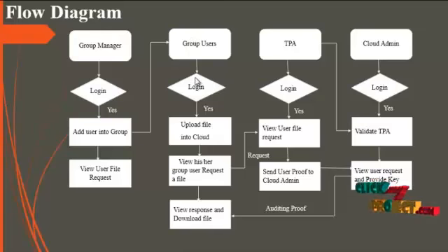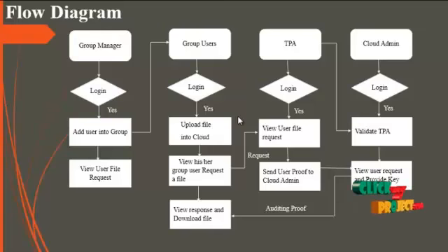Now see the group user process. Group user gets access rights from the group manager. After getting access rights, group user logs into our system. GM only provides the user his own access rights. Group user has a unique username and password to log in to our system. After login,